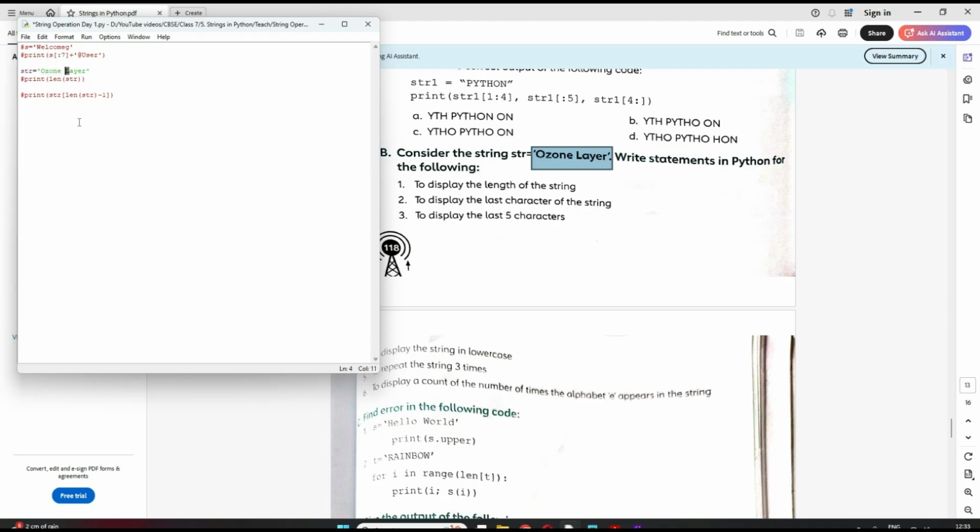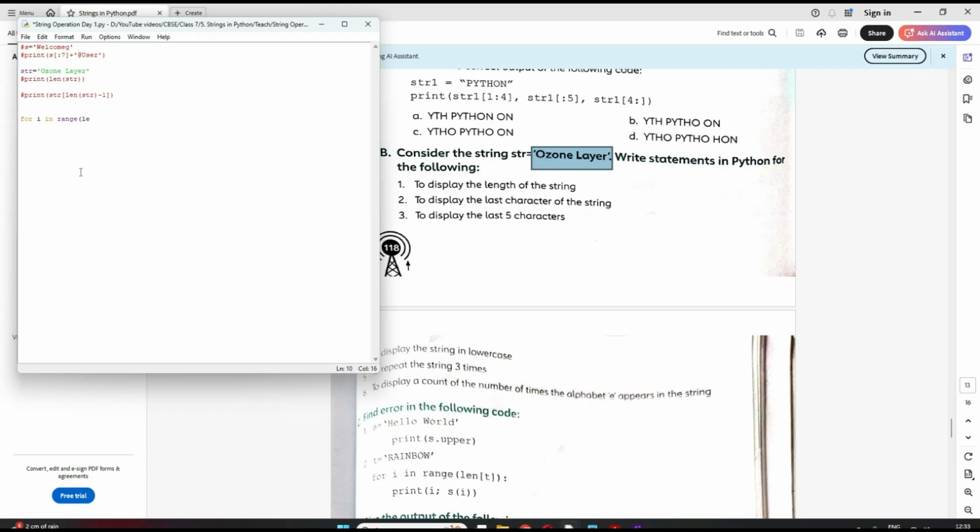Last 5 characters. So it will be for i in. So we have to start from length minus 5. Correct? From that position we have to go till the length minus 1 index, correct? So for i in range, so what will be my starting position?